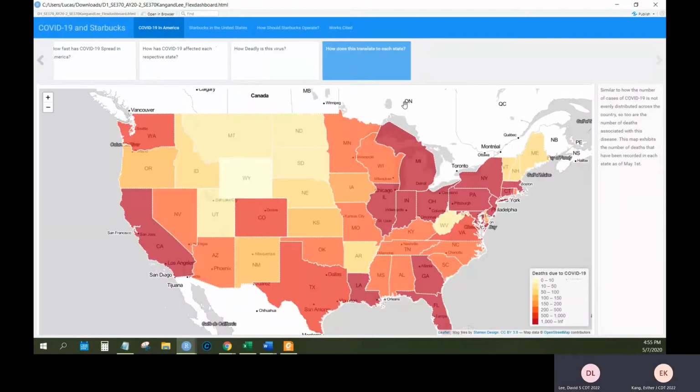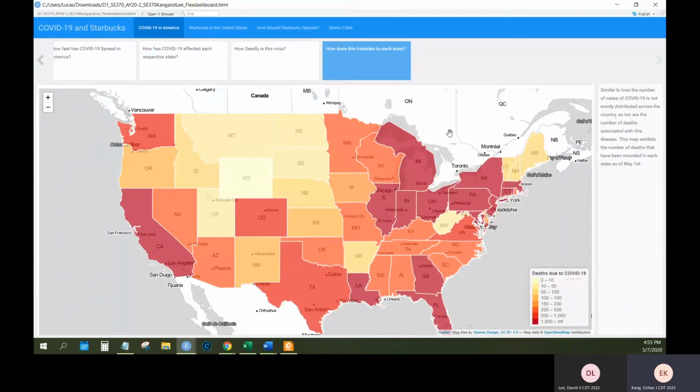So this leaflet map colors each state based on how many deaths there were due to COVID and not only the number of cases in each state. As you can see in this legend on the bottom right, the darker the state, the higher the number of deaths. So for example, California, New York, Florida, and the Great Lakes states all have a burgundy color,